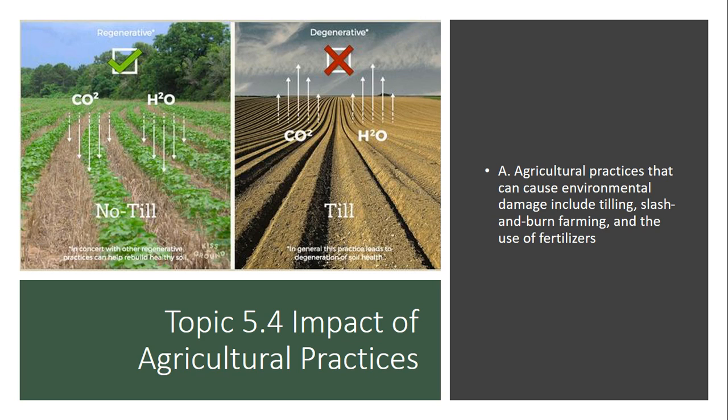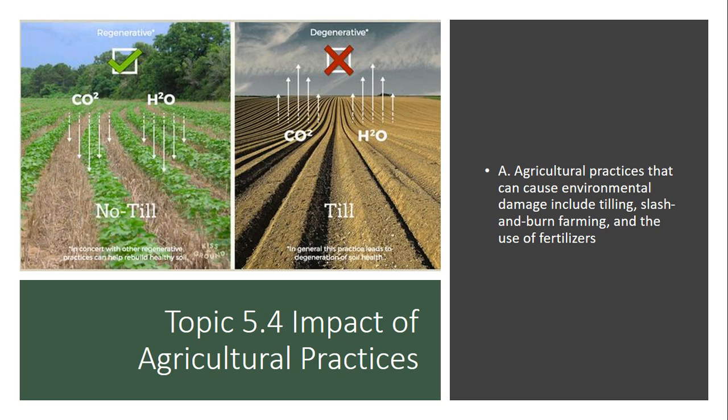The change in the types of agricultural practices that we started using in order to supply food for the ever growing human population. Remember, we mentioned a lot of those practices were increase in mechanization, right? Using different methods of harvesting those crops, things like monoculture, the use of irrigation, fertilizers, and pesticides all contribute to what we know of as the Green Revolution. Now, a lot of those practices we continue to do today, right? They are very commonplace. Now, some of those agricultural practices, however, have environmental damages.